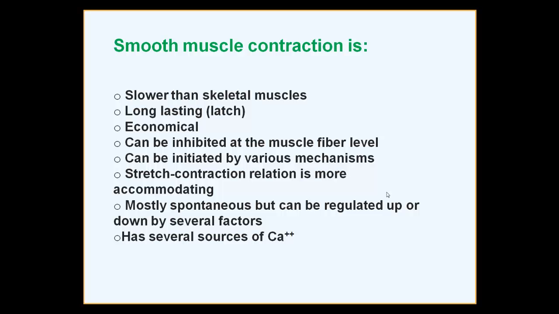It's not like the twitches in the skeletal muscles, where we needed ATP all the time in order to cause the excitation contraction coupling and the cross bridge to continue between the myosin and the actin. We don't have this here. Indeed, the ATP can be very efficient. One ATP molecule can cause the latch between the myosin head and the actin for a significant